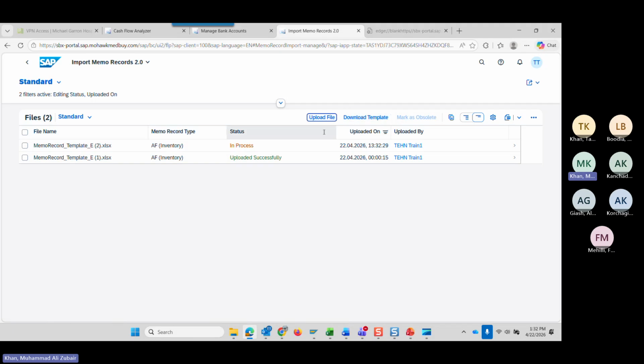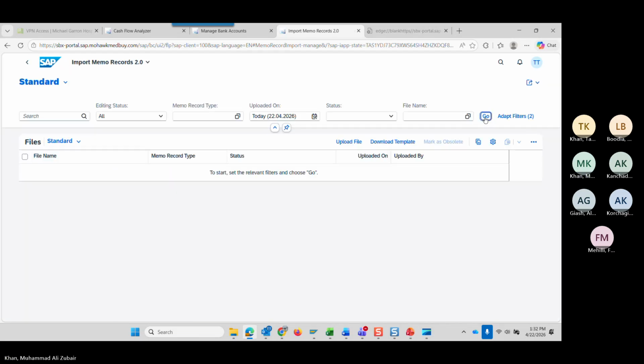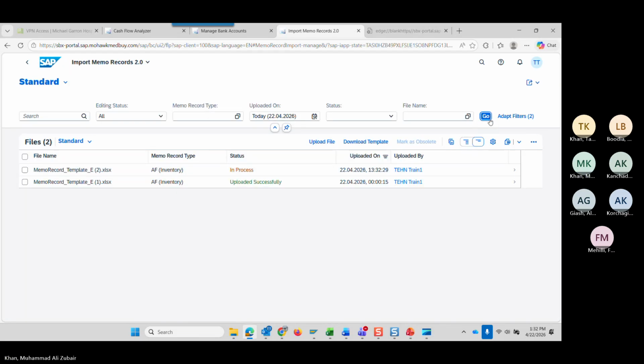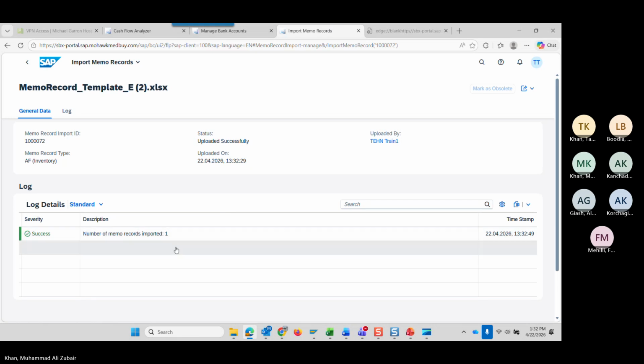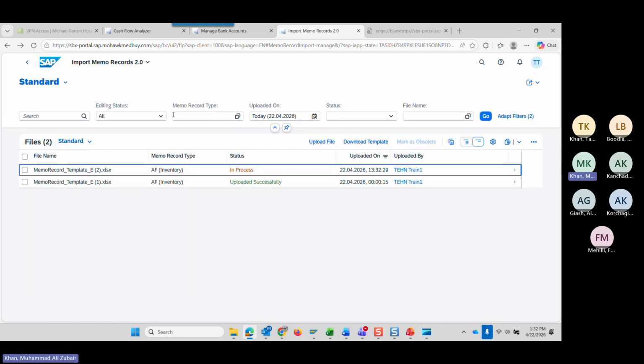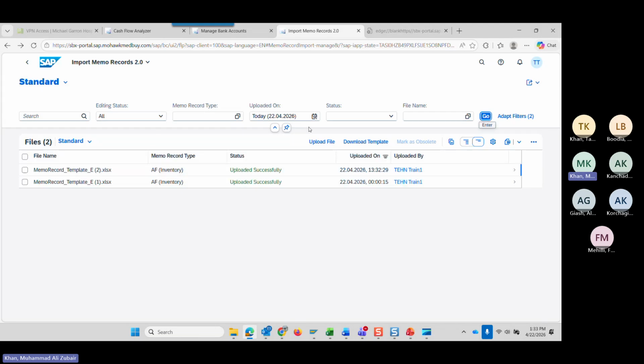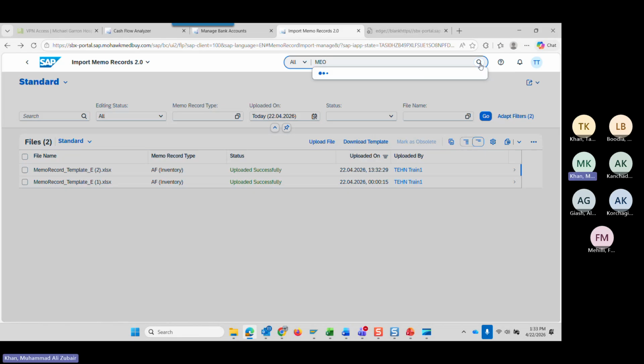So it is in process. It will take some time to load. There's no error, so it means that it will be uploaded in any second. So it is uploaded. So the memo record is uploaded, and I believe we can check in the memo record file. Maybe it is coming there as well. I never tried this one, but